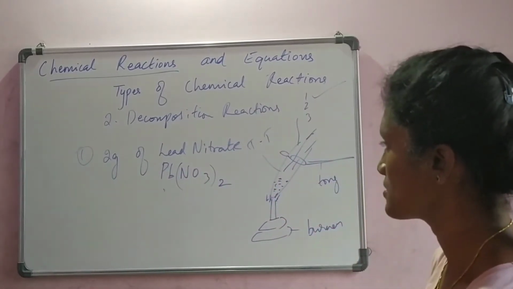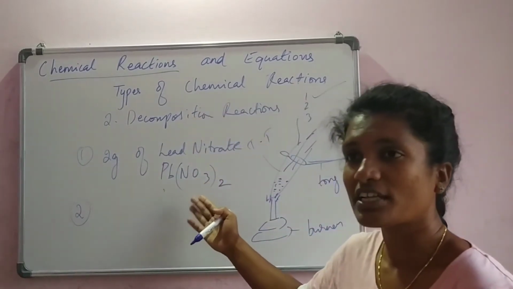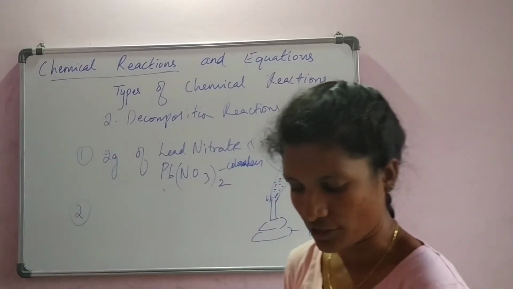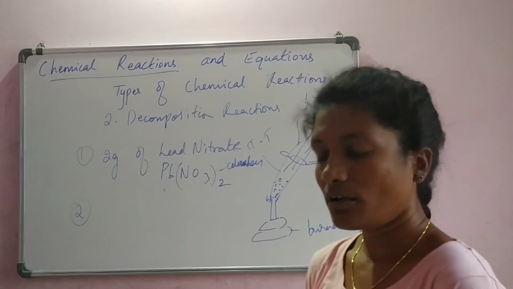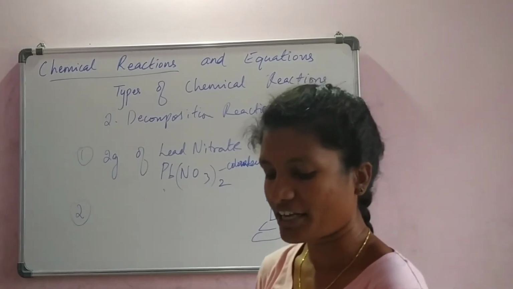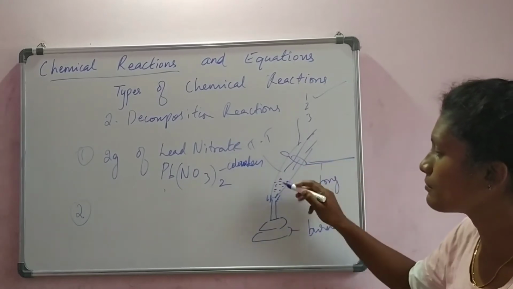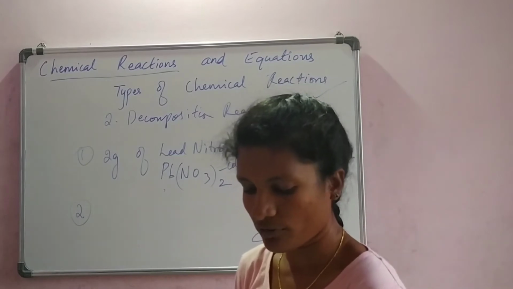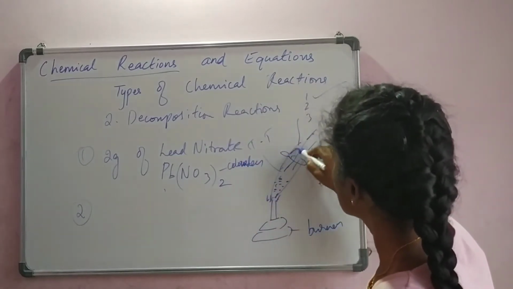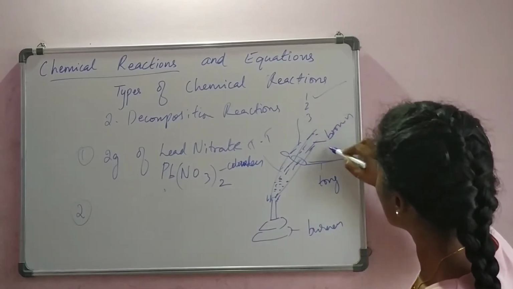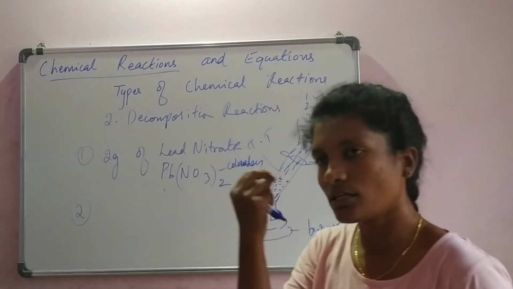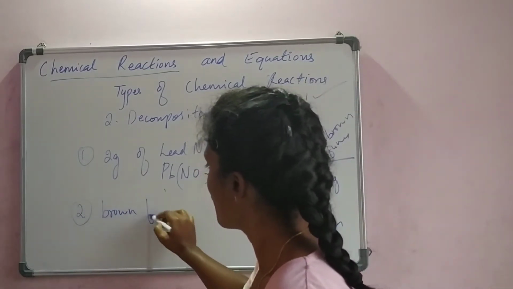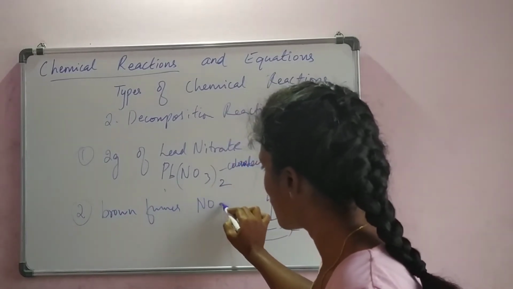Sorry, we have to write it as twice. Then, what color is this? Which is colorless. Colorless in nature. Now, hold that boiling tube in a test tube holder and heat it over a burner. Now you will be heating that by fire, and what happens? Brown fumes of nitrogen dioxide gas are evolved, which will fill the boiling tube. There comes the brown fume. Means a kind of gas will come out which is brownish in color. Brown fumes come out which is nitrogen dioxide.